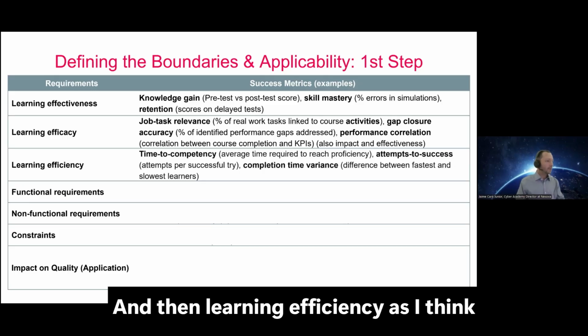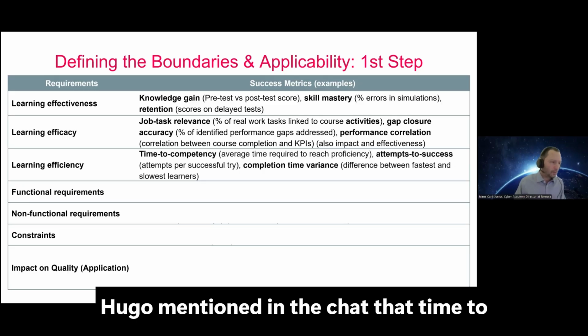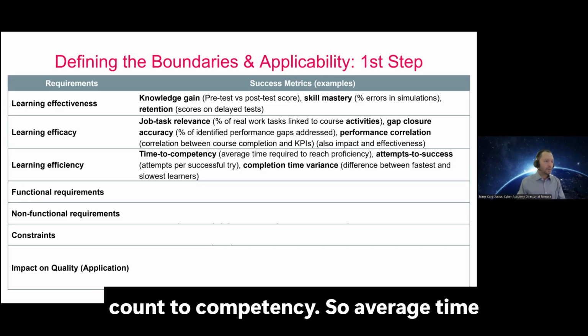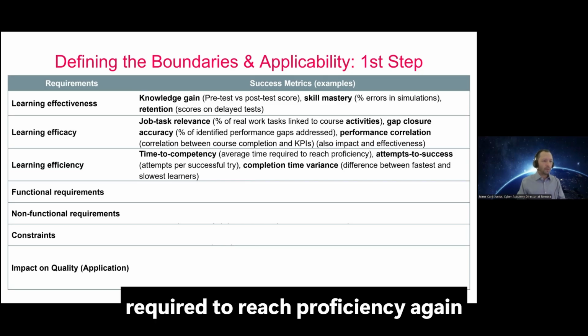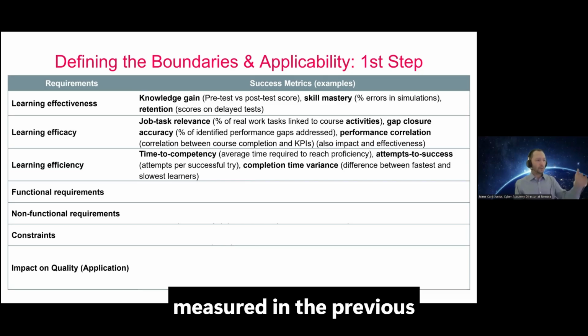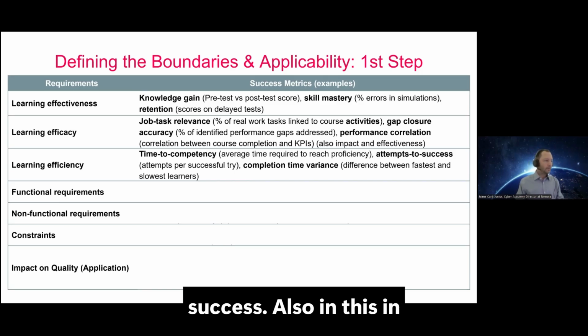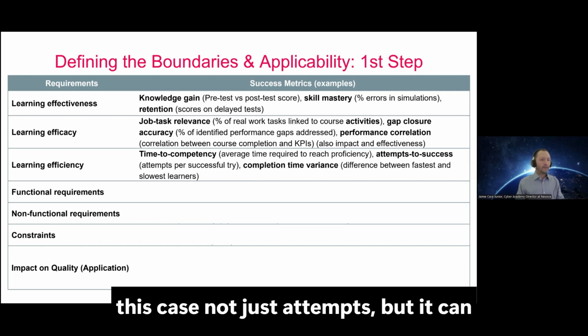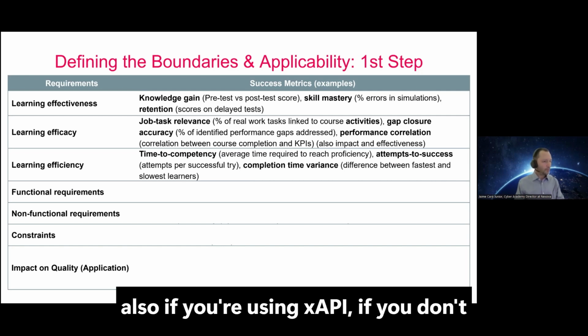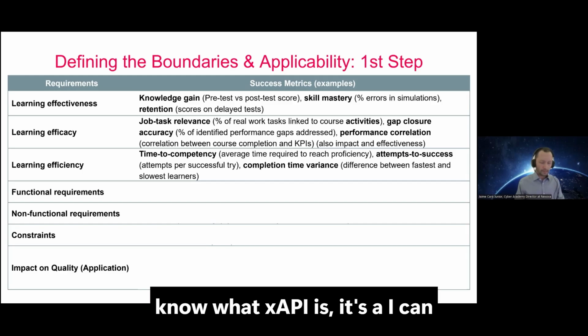And then learning efficiency, as I think Ugo mentioned in the chat, the time to competency, so the average time required to reach proficiency, again measured in the previous metrics. Also attempts to success, also in this case, not just attempts, but it can also, if you're using xAPI, if you don't know what xAPI is, it's